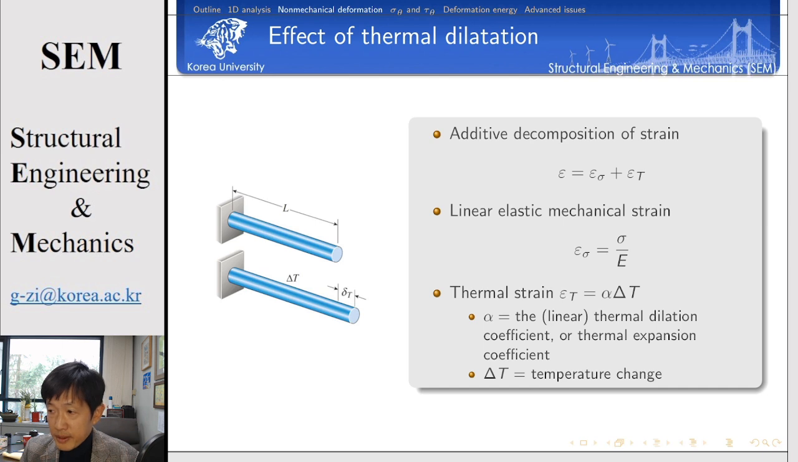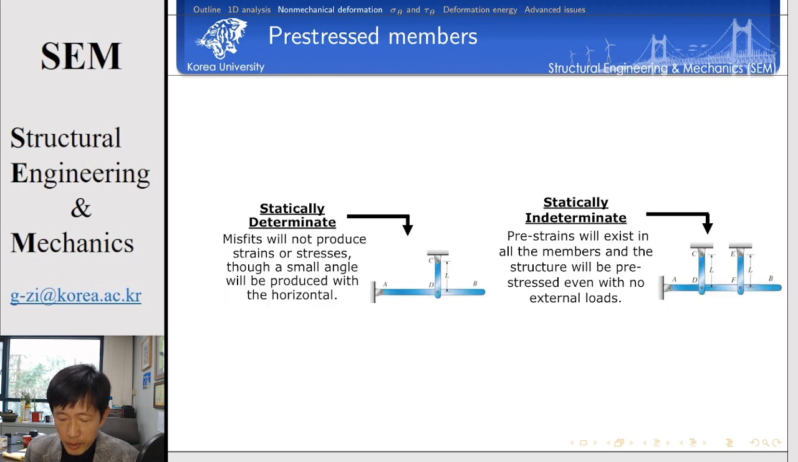Okay, one of the best examples regarding the non-mechanical strain is the thermal dilatation. In the case of thermal dilatation, there is no stress. We do not have stress. If you increase the temperature of the bar, then the length of the bar is elongated by delta L. And then if you divide delta L by the original length, we call that the thermal strain. Okay,